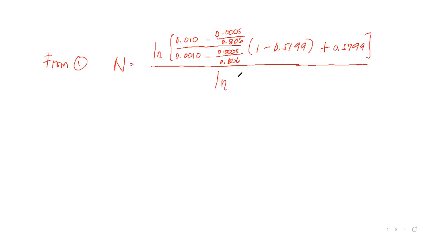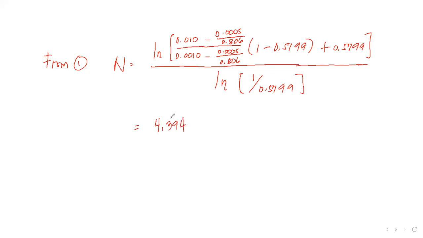Then this is ln of 1 over 0.5799. So let us find the answer. So let's compute first and see if it's comparable to if we do the graphical approach. Now, if you will process everything in this formula, the theoretical number of stages is